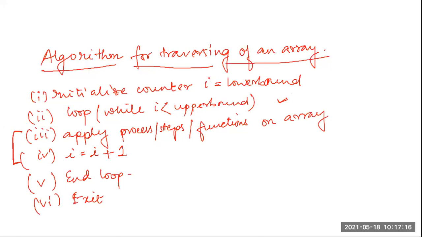Yes, ma'am. So now, when I am writing the algorithm for traversing of a linear array, is this algorithm understandable, how I am writing it? Because at the first step, if I would have written this, it would have created confusion, because people were not able to see how it is actually performing. Now is this algorithm clear? Algorithm for traversing an array?